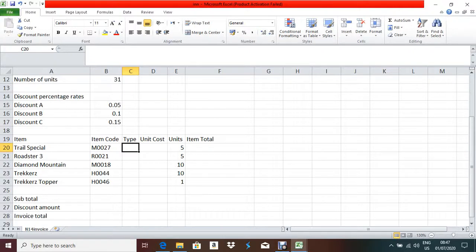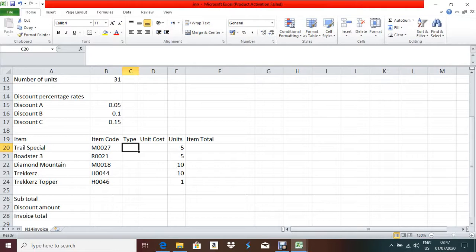So here I have to find out the type of the cycle, and this one will be the lookup value M. All M, R, M, H, H will be the lookup value. For this one it will be M. So there are three types of lookup: I told you VLOOKUP, HLOOKUP and normal lookup. So which type of lookup do I have to use here?